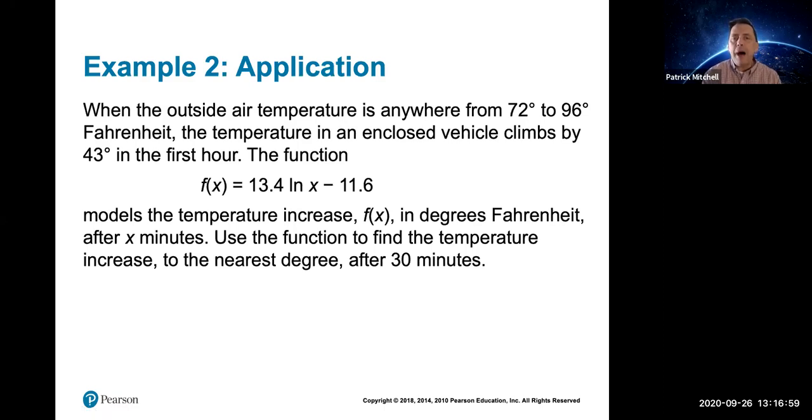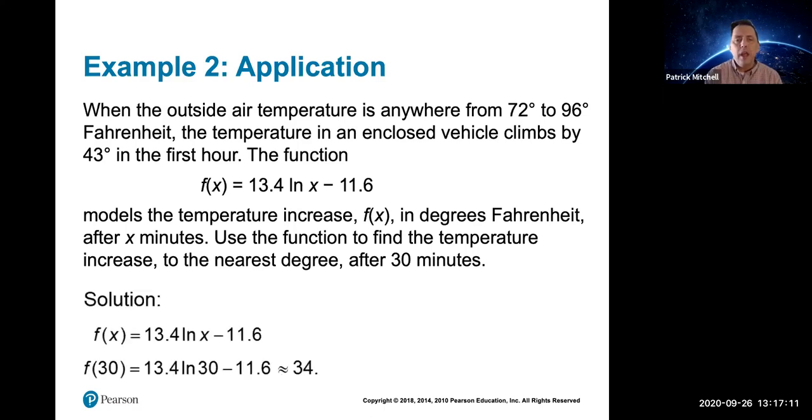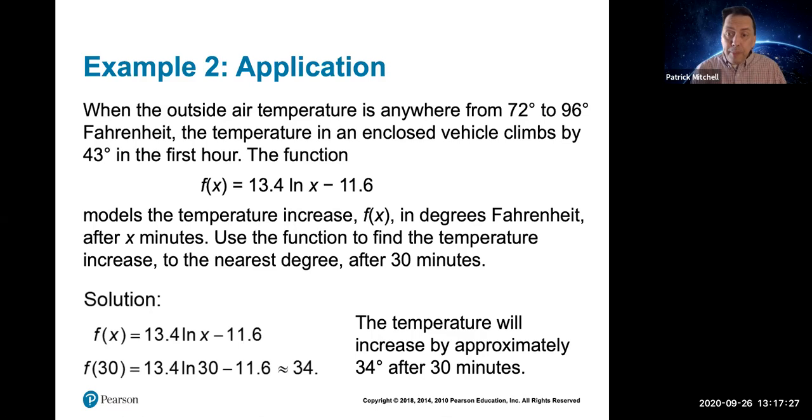Okay, so that function models the temperature increase after x minutes. Use the function to find the temperature increase to the nearest degree after 30 minutes. All right, so that just means 13.4 times natural log 30, and then subtract 11.6, comes out to about 34 degrees. Which means the temperature will increase by approximately 34 degrees after 30 minutes,